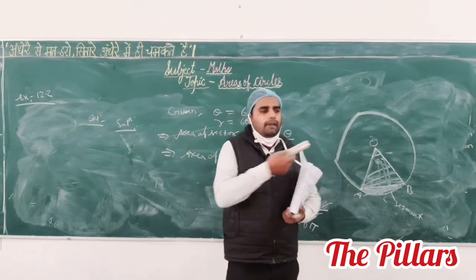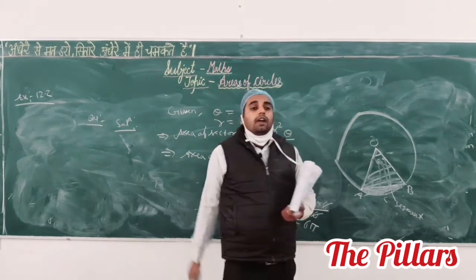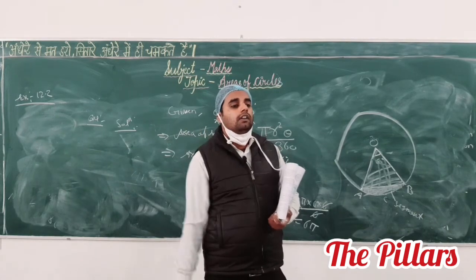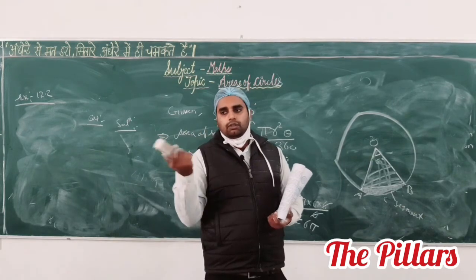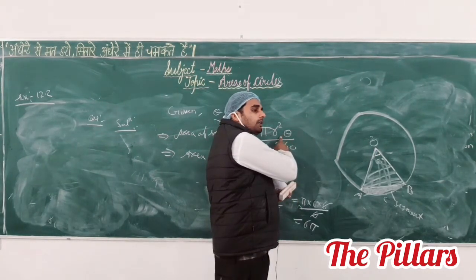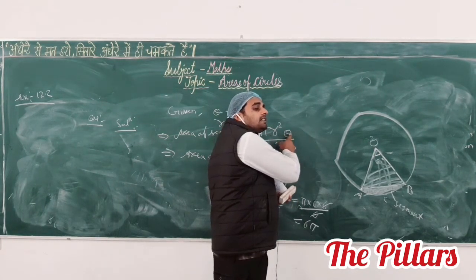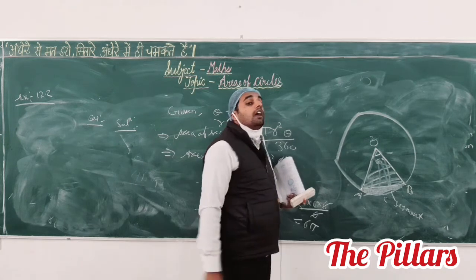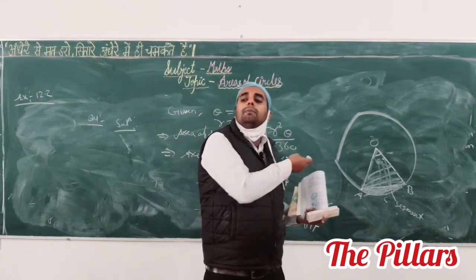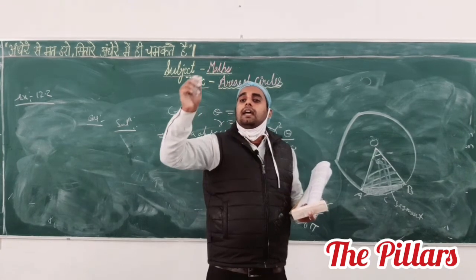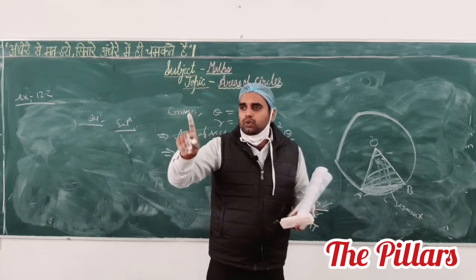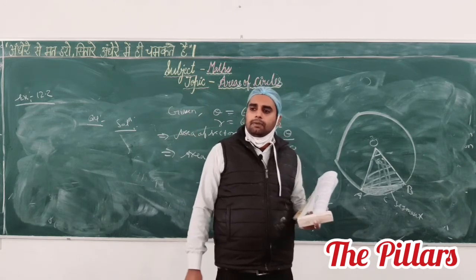So don't apply. Why do you have to apply this formula? If we see that the total area is pi r square, then a quarter of it is 1 by 4 pi r square. That is why you have to apply this formula. Otherwise, in pi r square, the value of r is 7 by 2, and the value of theta you have to mention as 90 degree. Then again this will be pi r square by 4. Quarter area of a circle is pi r square by 4. Directly you have to mention this in the question. Anyone have any problem? This question is homework.